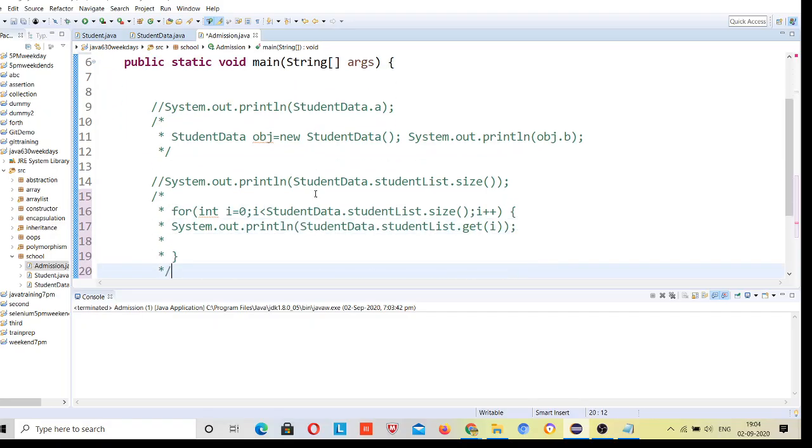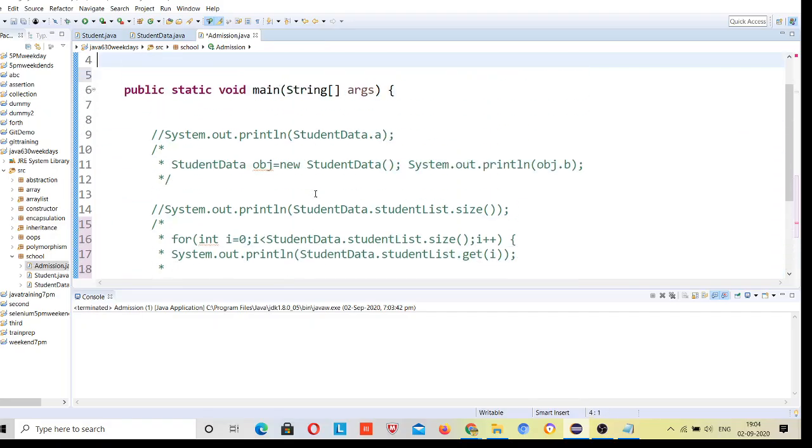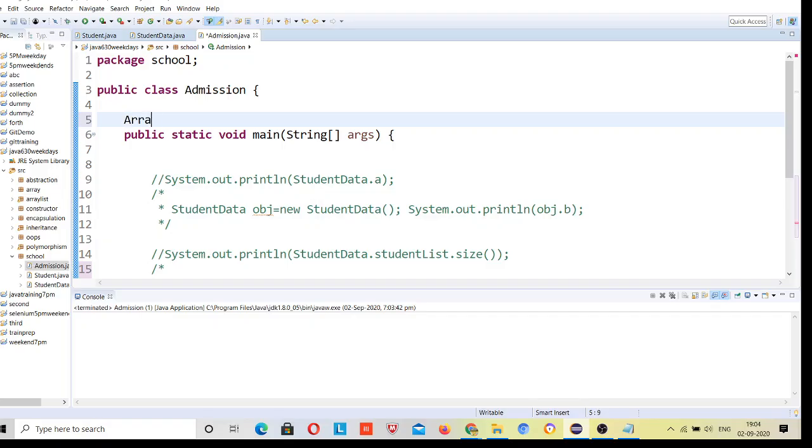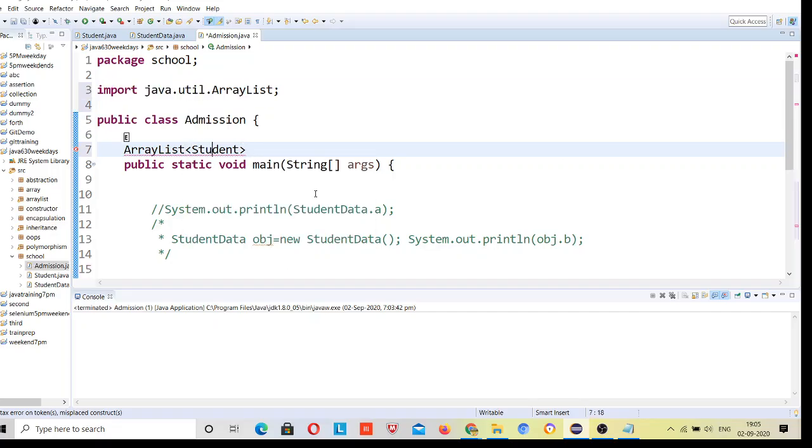If you want to pass it here, you have to define the array list here as well. Define the array list globally, and for student, just import this package. Student list equal to new student list, new array list.